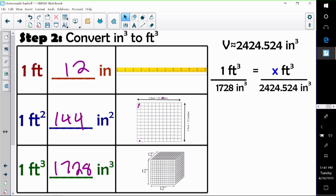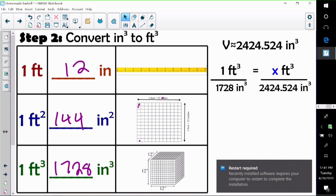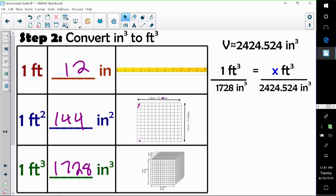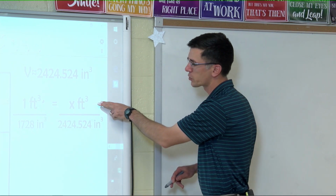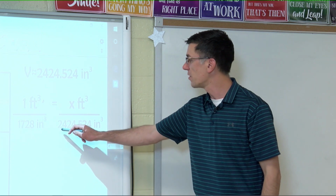Okay, we need to convert this volume, 2,424.524 inches cubed, into cubic feet. So we're going to use a proportion for this. Now the proportion is going to be this. Okay, we're going to start with our unit ratio. Our unit ratio is, for every 1 cubic foot, it's 1,728 cubic inches. Now, here's what we're looking for. We're looking for cubic feet. We keep the missing quantity on top because we want to be consistent. Cubic feet's on top here, so cubic feet is on top of this ratio here. Okay, and then the volume that we calculated,